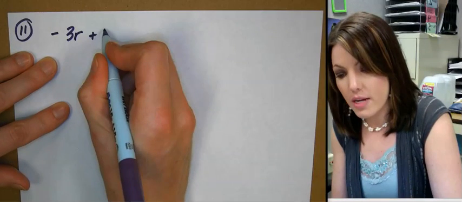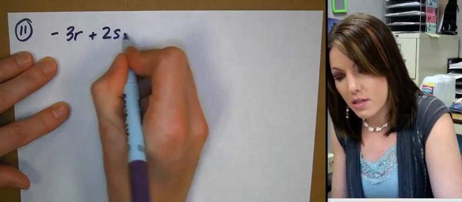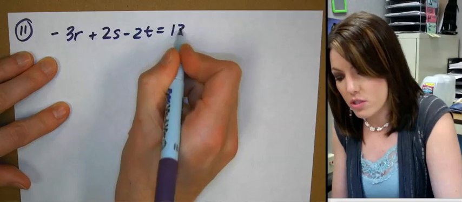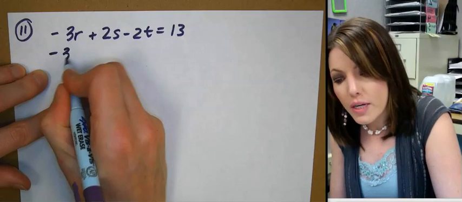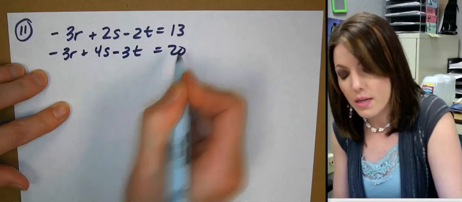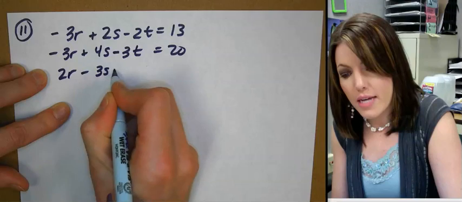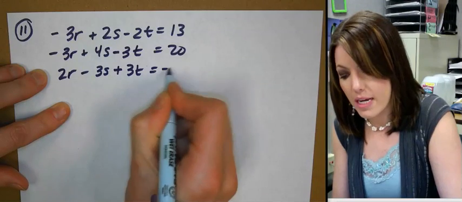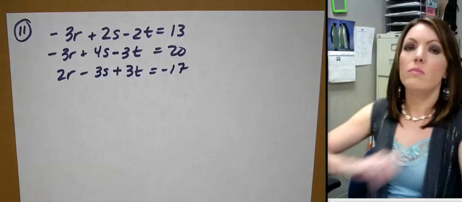Okay, negative 3r plus 2s minus 2t equals 13. Negative 3r plus 4s minus 3t equals 20. 2r minus 3s plus 3t equals negative 17. Okay, now,